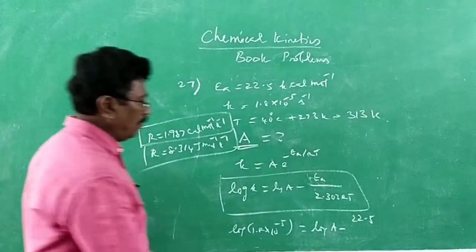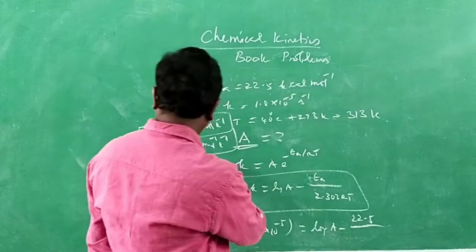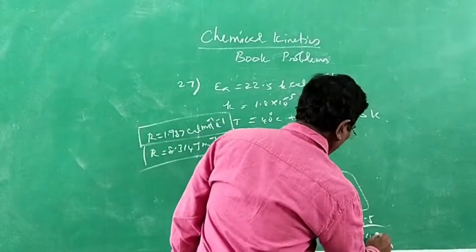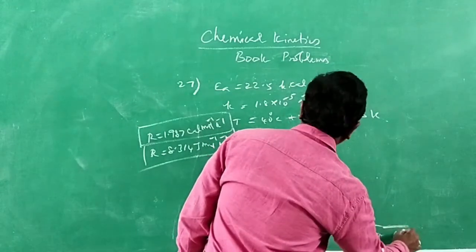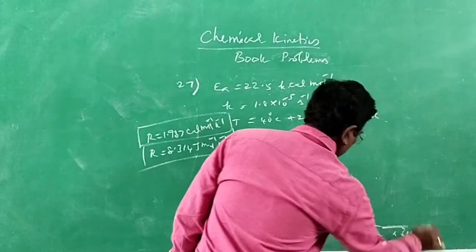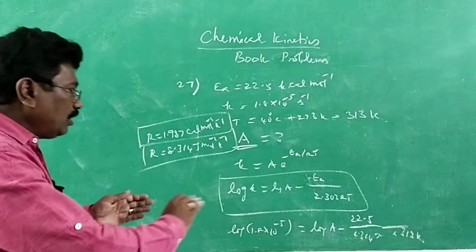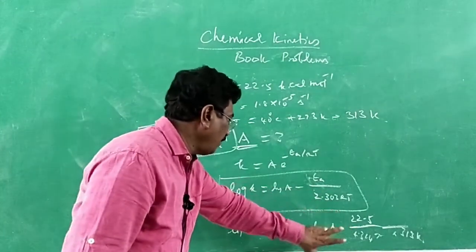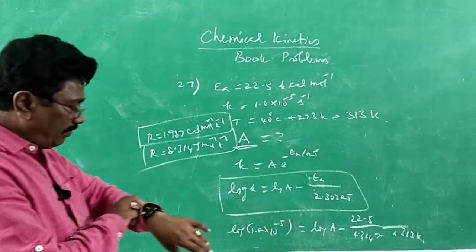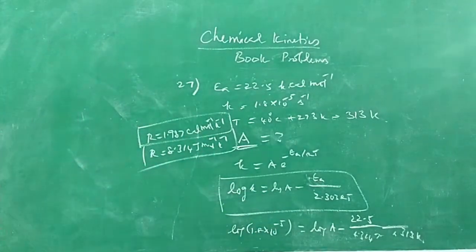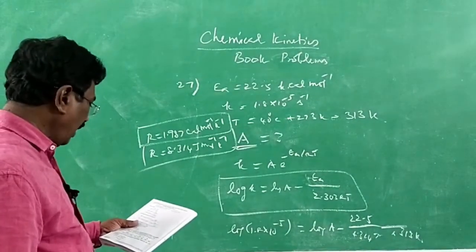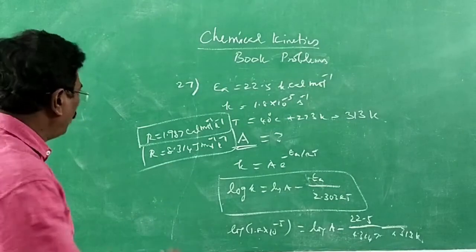So now we have to substitute R in joule, 8.314 joule per mole per Kelvin, all right, into T 313 Kelvin. We can do certain shortcut methods to solve the sum, and we will be getting log A. After getting log A, we can get the value of A, all right. That is about question number 27. You try to solve. Of course, log 1.8 is very common value.